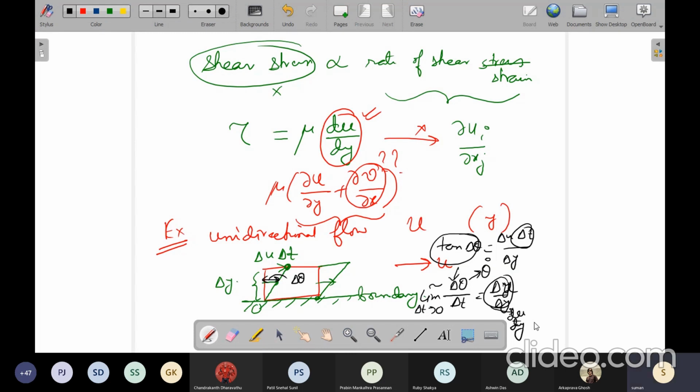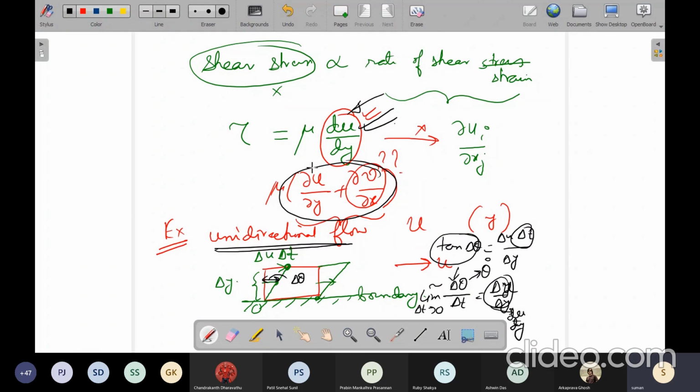So that is where this has become the rate of deformation. So this considers unidirectional flow. Okay. So the unidirectional flow is a basic assumption of writing this as a rate of deformation. But when that assumption is withdrawn, this is the more generic way of writing the rate of deformation so far as shear deformation goes. This is a little bit of disconnect between what the first level of fluid mechanics you have learned and what you are learning here.